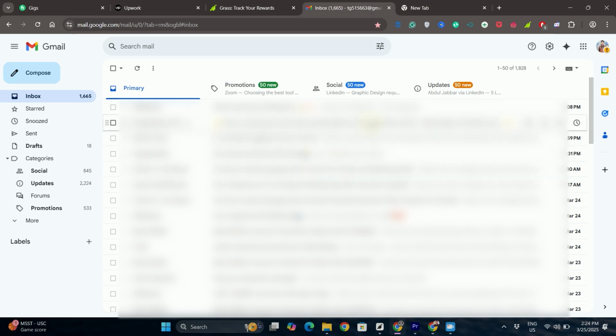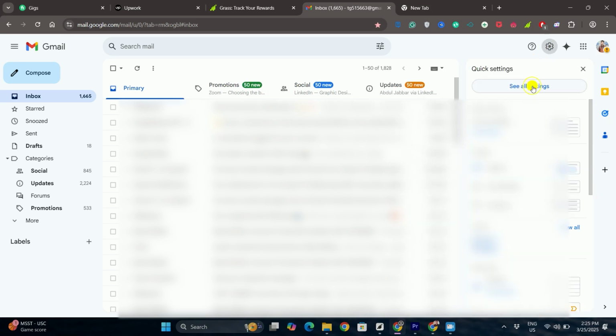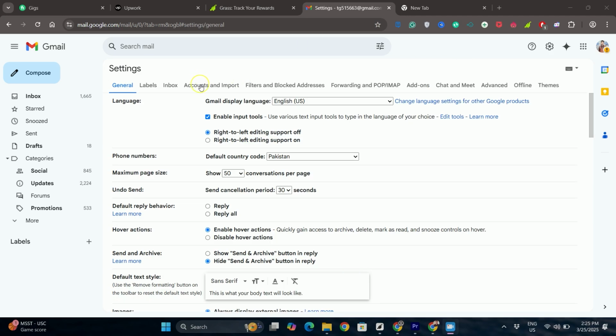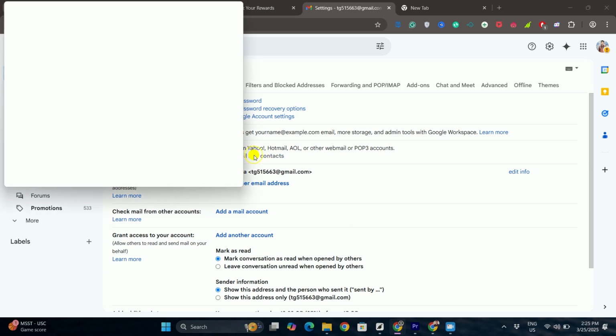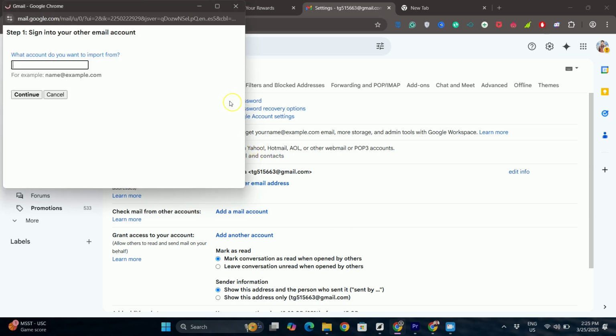So let's get started. First, just open Gmail and sign into the new account where you want to transfer all of the mails to. Once you are in this account, click on the settings in the top right and then see all settings, and here select this option, accounts and import. Then next to this option which says import mails and contacts, just click on this link,